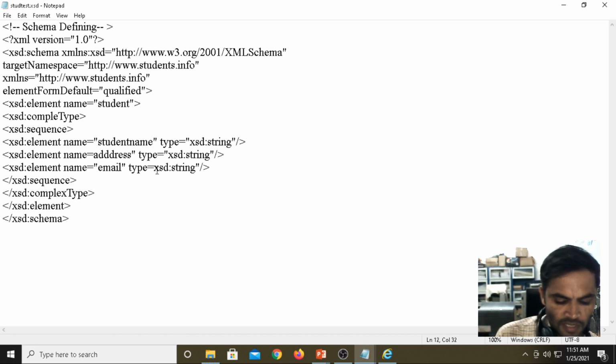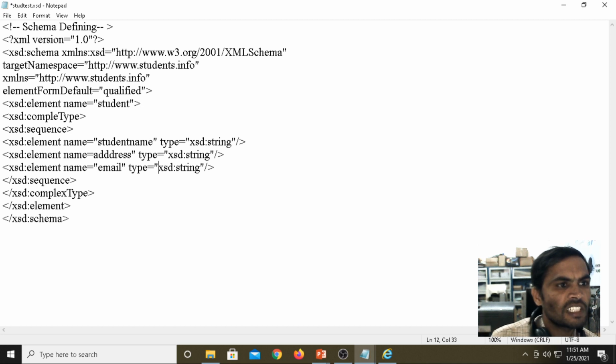Somewhere mistakes will be there, that is why we are not getting the output. We will check the errors. The XSD schema is properly closed. Element form default qualified. Then the root element is closed.